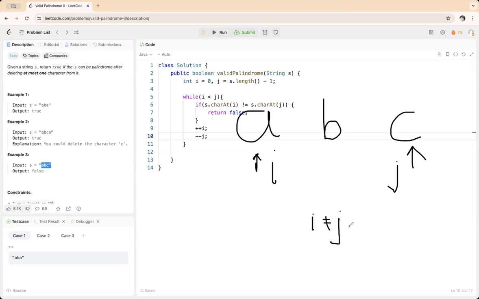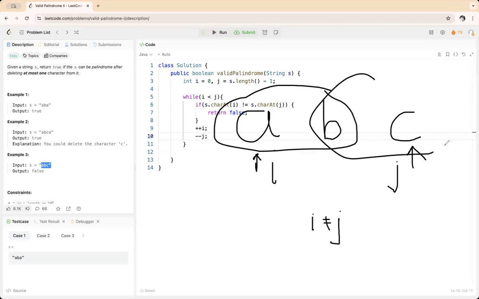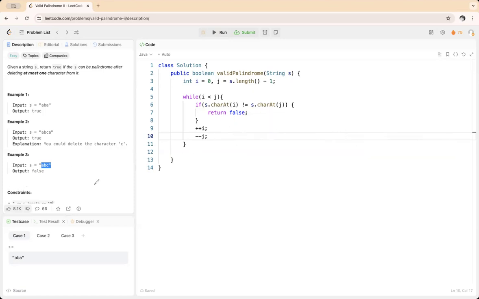So what are we going to do? We are not going to return false then and there. What we are going to do is check either this one, whether this is a palindrome or not, or we can check the other one, whether BC is a palindrome or not. So how can we do that? In order to do that, we have to remove this return false, and instead of return false, we have to return check